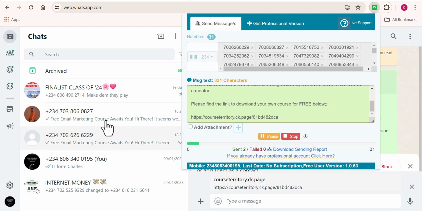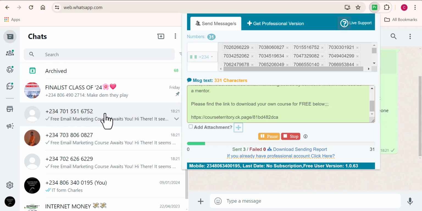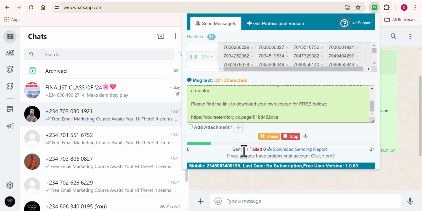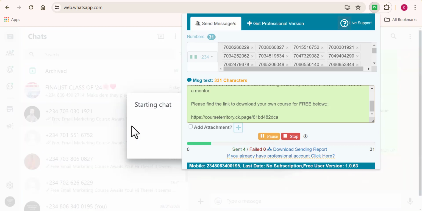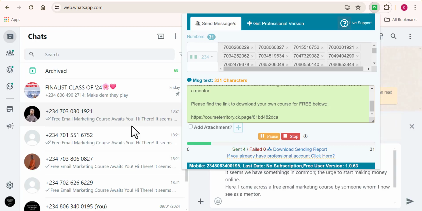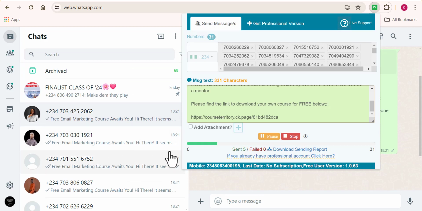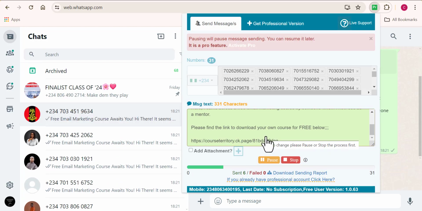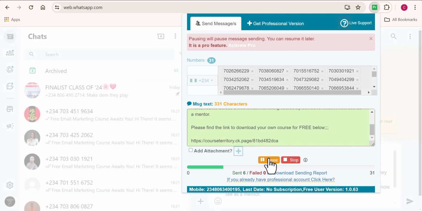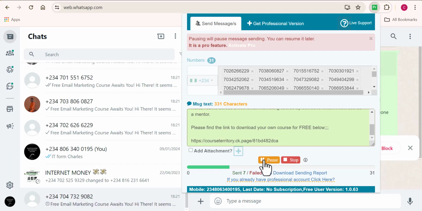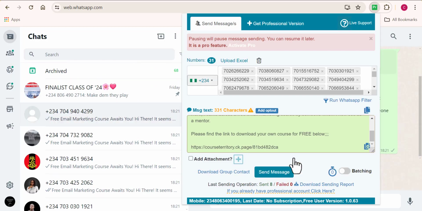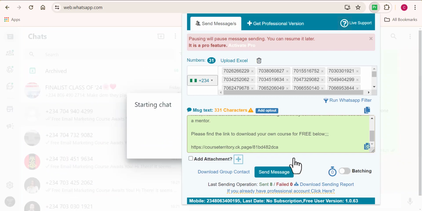It depends on how many contacts you can get from each group. If you have contacts of maybe 500 people in a group, you should know that this tool can help you send out all your bulk messages without you putting in the hard work, and all of this works for free. So on autopilot, you can have your WhatsApp messages going out. You can reach hundreds of people in a few minutes here on WhatsApp. With this method, you can quickly build an email list of people in need of your product or service.